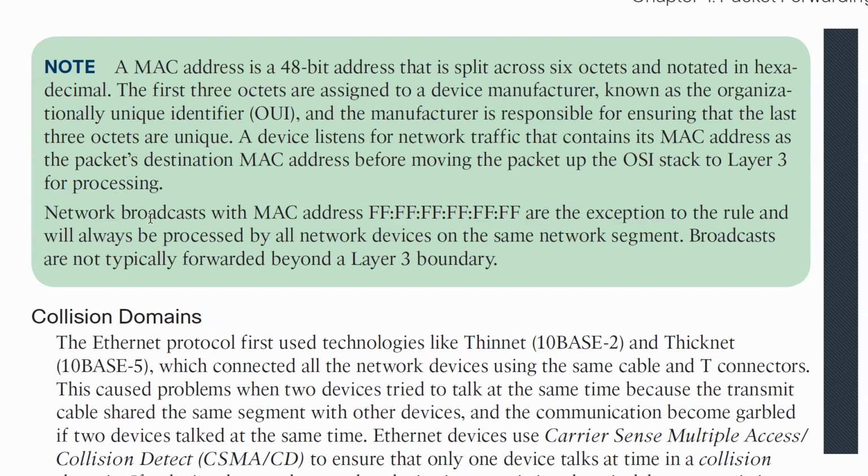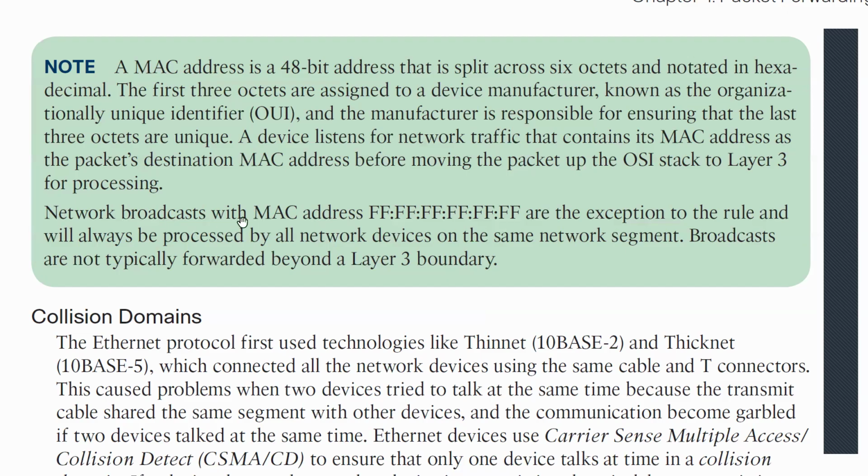Now, what does it mean? Let's say, for example, a postman comes to your home. He will give you a letter. Now, you will accept that letter only if that letter has the address of your home. Right? Same way, a NIC card will accept a particular packet or frame only if it has the destination MAC as the device MAC. Only then will it accept it and forward it to the upper layers. Otherwise, it will drop it right there.